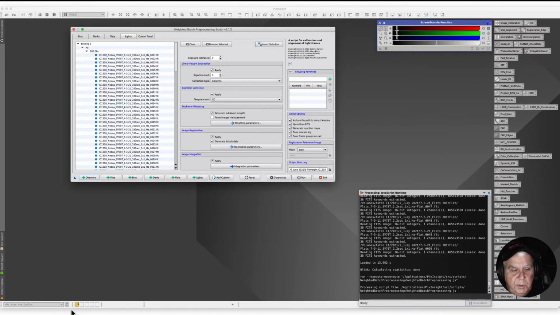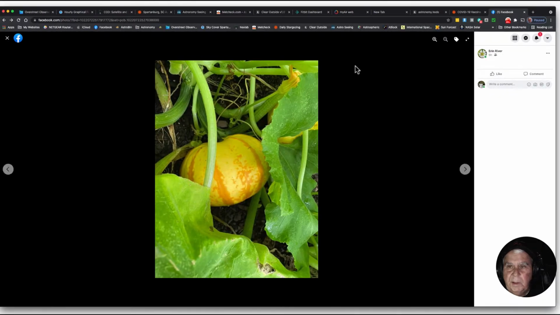Let me go to, that's my granddaughter. My daughter-in-law's garden, but let me go to